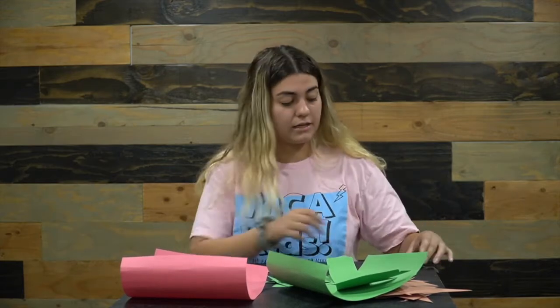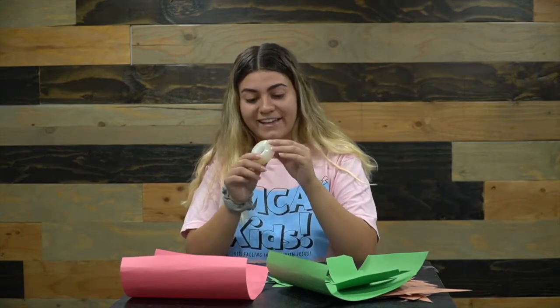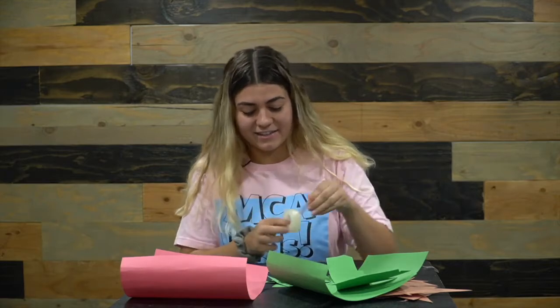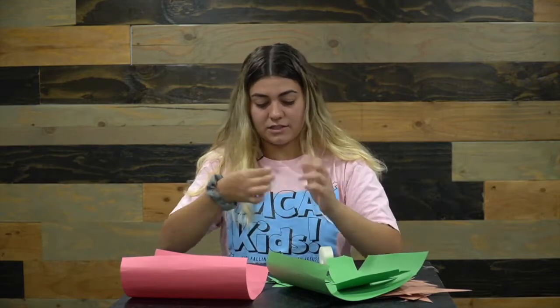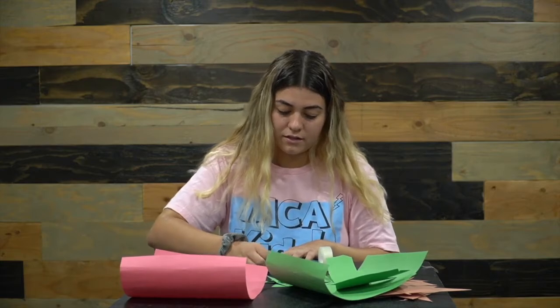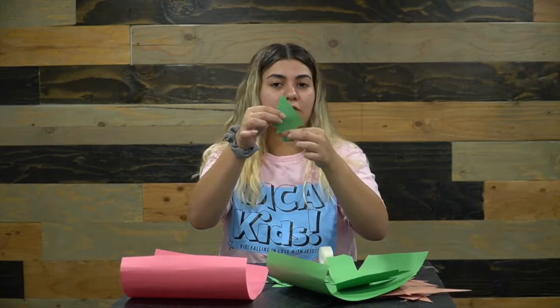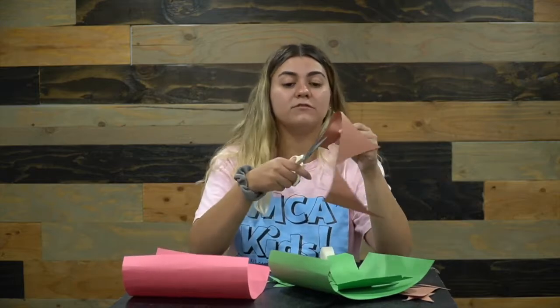Now I'm going to take some tape, find it again. Okay. I'm just going to take all 3 of them together. Just put 1 piece of tape all right there. Okay. And then I had to save this brown paper so we can make some stops for our trees so